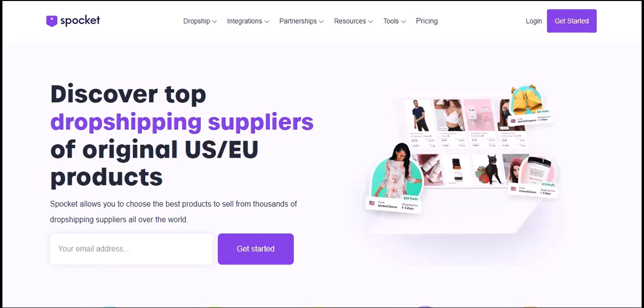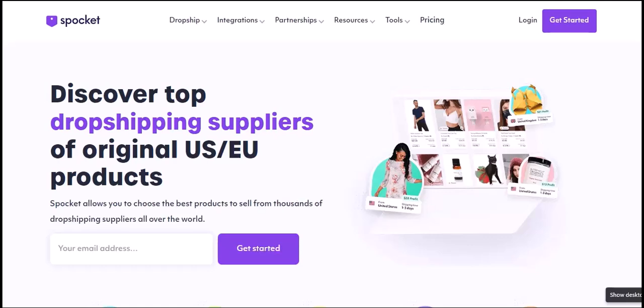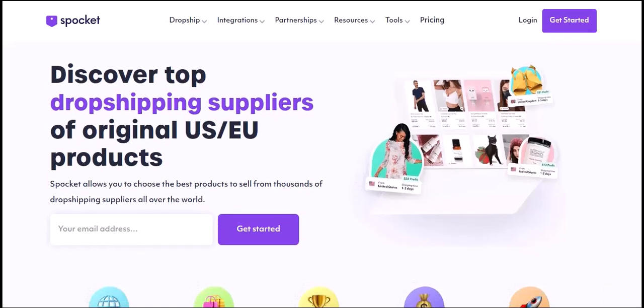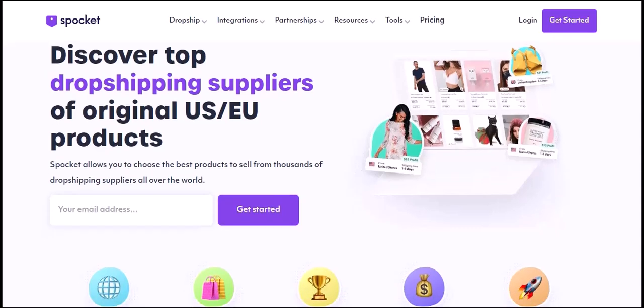Do you ever wonder how some people are making a ton of money on TikTok Shop without ever touching a single product? It's all about dropshipping, and a tool you've probably heard of is Spocket. But here's the million-dollar question: can you actually connect Spocket directly to TikTok Shop? The answer, like with many things in the e-commerce world, is a little more complex than a simple yes or